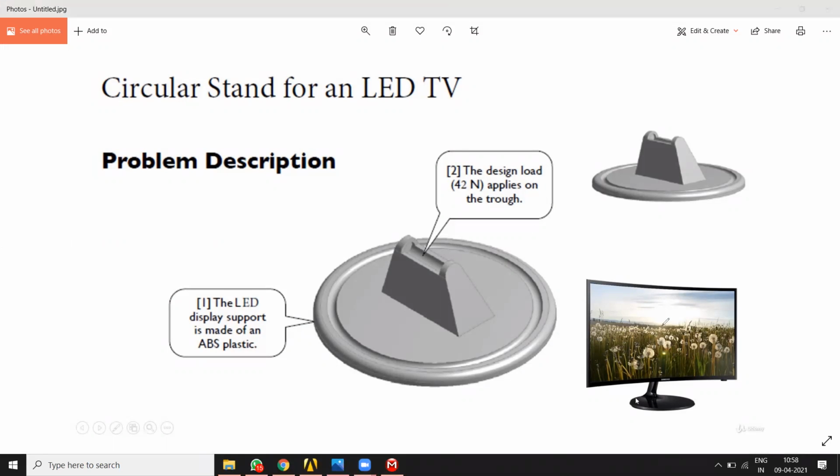So for example अगर उसको वो load apply करना है, so one can do like this. He will calculate the weight and into 9.81 जितना भी फोर्स आ रहा है, 42 न्यूटन फोर्स. He will assume that the complete force is acting on the CG of this supporting stand, circular stand.